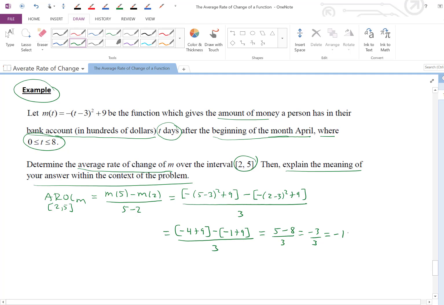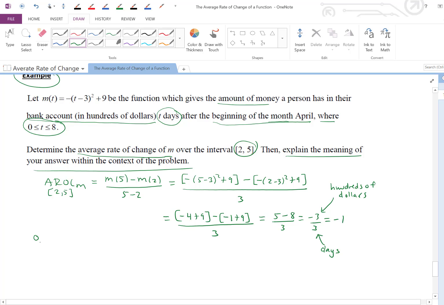The units here, which have on the numerator, the units are in hundreds of dollars. And then the denominator there has units of days. So, what's this really tell us? On average, this person lost $100 per day in their bank account